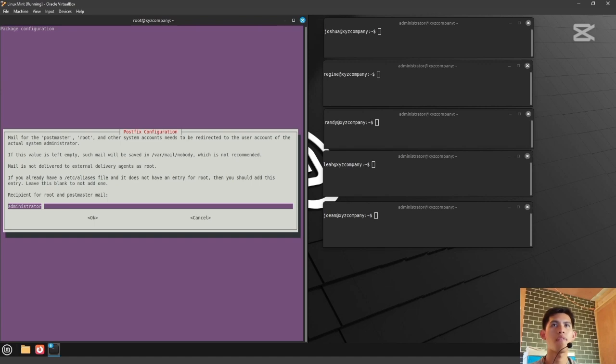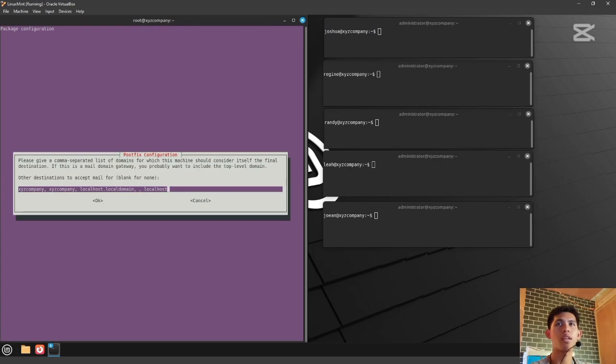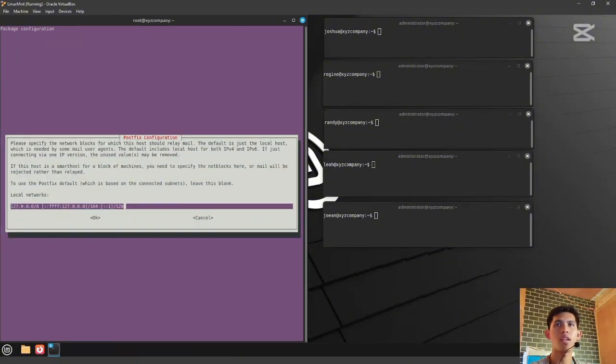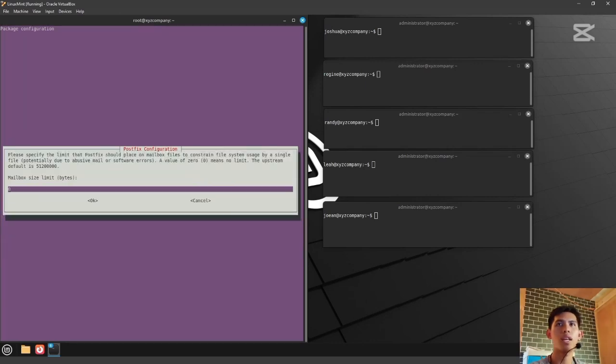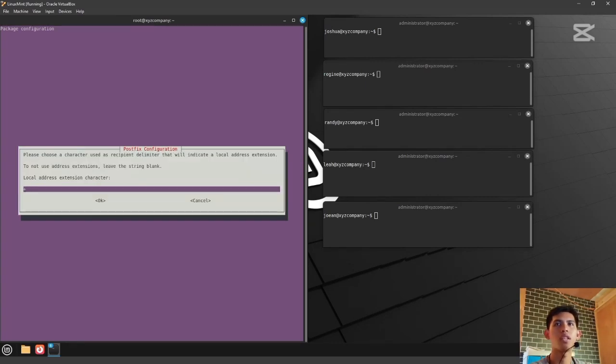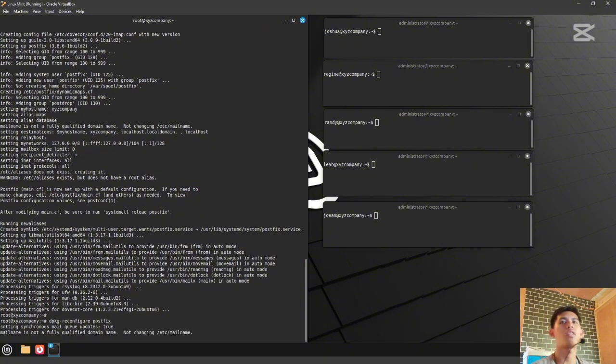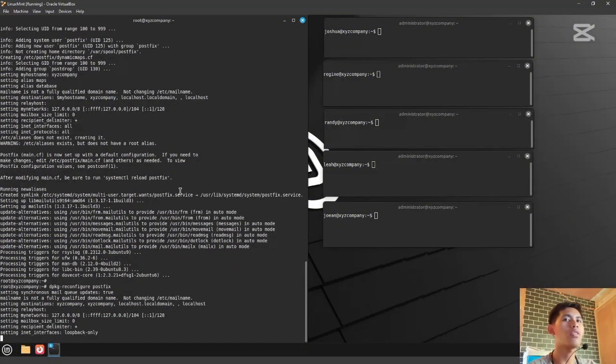So that's it. Let's just press OK after that, and just leave this by default. Let's press OK. For synchronous updates on all mail queue, let's just say yes. And local networks, let's leave that as default. Mailbox, that's just 0. Local address extension character, leave the default. And then internet protocols to use, all IPv6 and IPv4. Let's press OK and wait for the reconfiguration